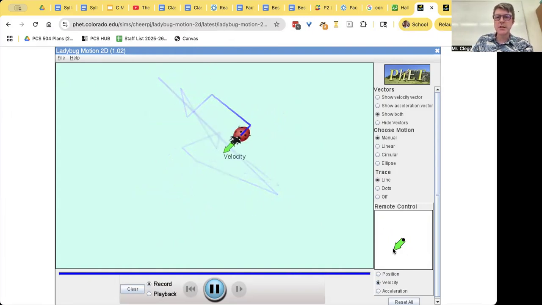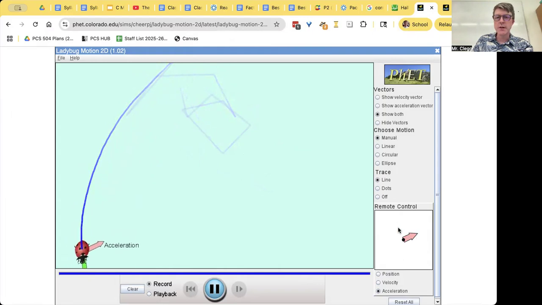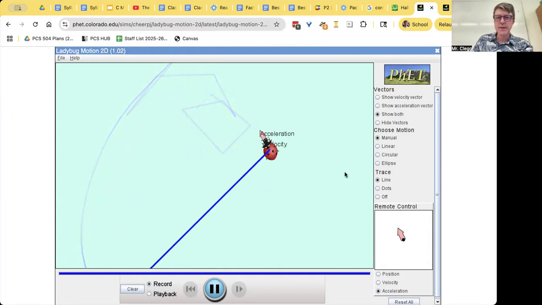That's an acceleration. It has a very large but short-lived acceleration. And it's pretty hard to see what that value is. It's even hard to read it. But if I switch to acceleration here, now it's hard to control. Oh boy. It's a little bit hard to control here. Hopefully I can show this and you can see